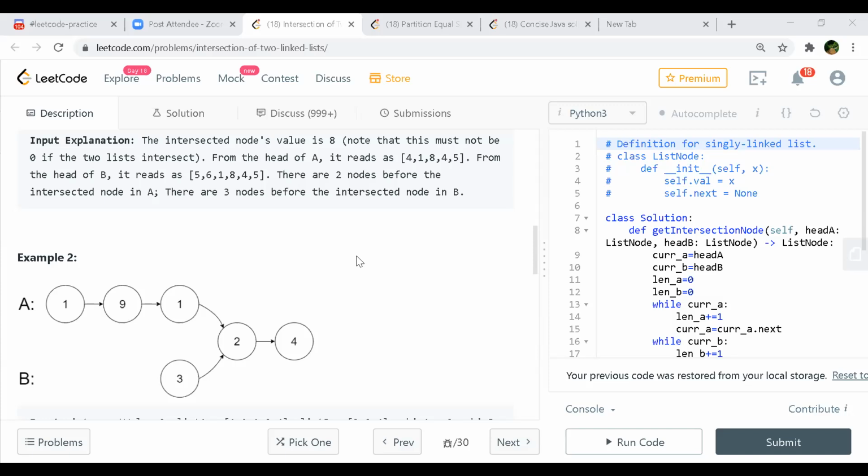Yeah, so what you are saying is right. When the B pointer reaches 4, the A pointer will be somewhere at 1, the second one, right? So in that case, when B is null and A is at 2, you can make B point to the start of A. And similarly, when A reaches 4, you can make A start at the initial position of B. And then again keep traversing.